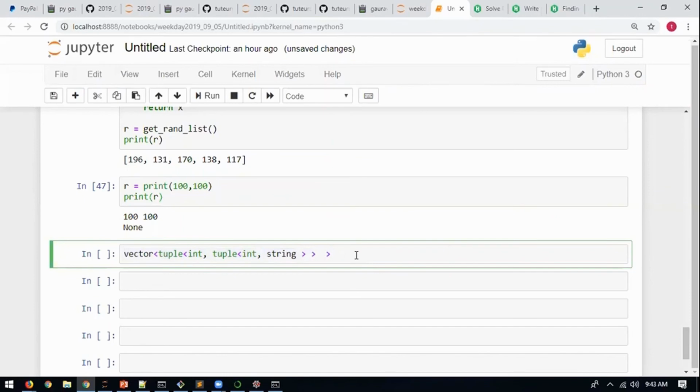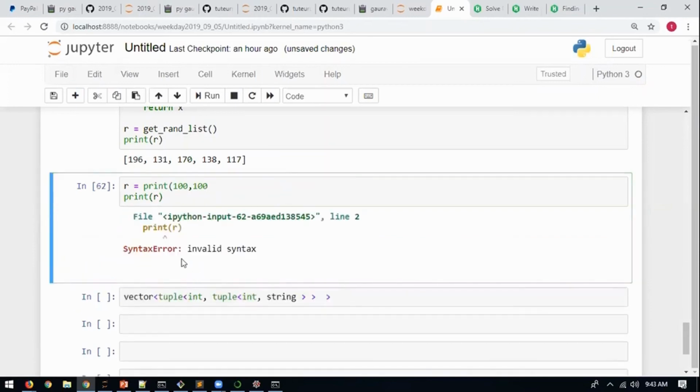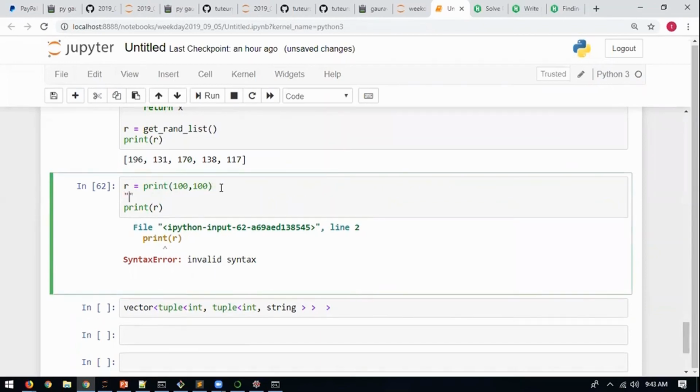You are safe that you are studying Python. It gives you sensible, meaningful errors. When you get errors in C++, it looks like the computer is saying something in its language, not in your language. In Python, it gives you very sensible errors. I remove the bracket, invalid syntax, it points where. In the case of brackets, the problem is it points in the wrong direction. That's the only problem. Otherwise, for quotes also it gives the error in the wrong direction.